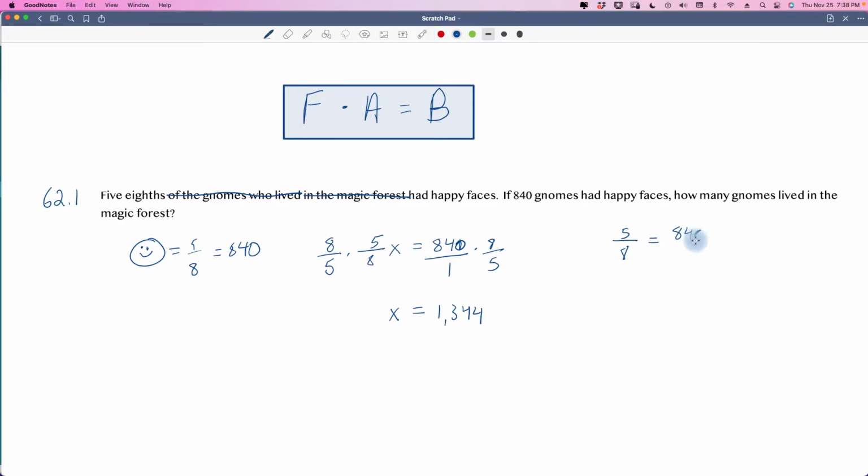Now, if I use this as a ratio, as a proportion, I can say 5/8 is equal to 840 out of some number. So 5 out of 8 is equal to 840 out of some number that we don't know. So then we would cross multiply and say 5 times x is 5x, right? And then we would say,